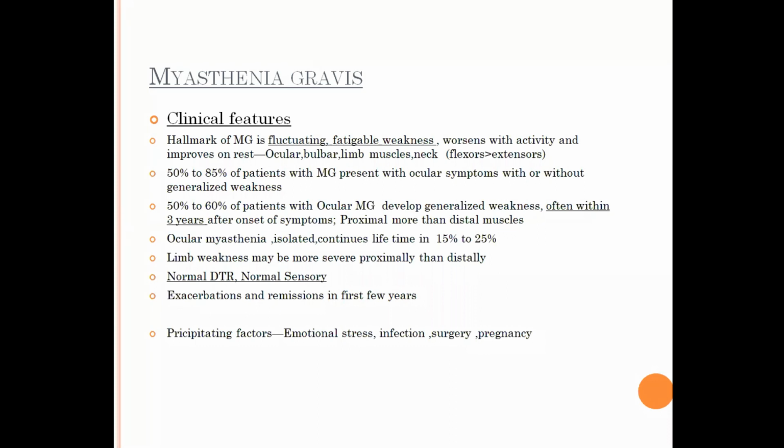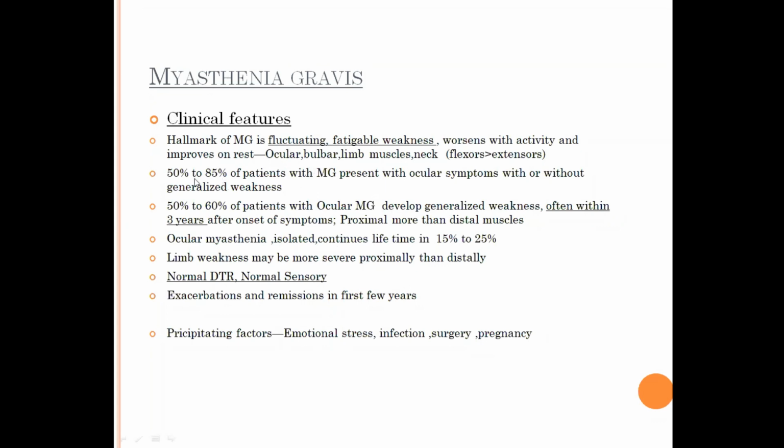So the hallmark in myasthenia is a fluctuating, fatigable weakness. It is not just fatigue, but there is also weakness. For example, when you get tired at the end of the day, you say, "Oh, I am fatigued." But when you say I am fatigued, ask your hand to keep it up. You can still keep it up. But in myasthenia, when there is a fatigue, you cannot even lift the hand. There is a weakness which falls down. And the commonest one, as I already told you, is the ocular bulbar.